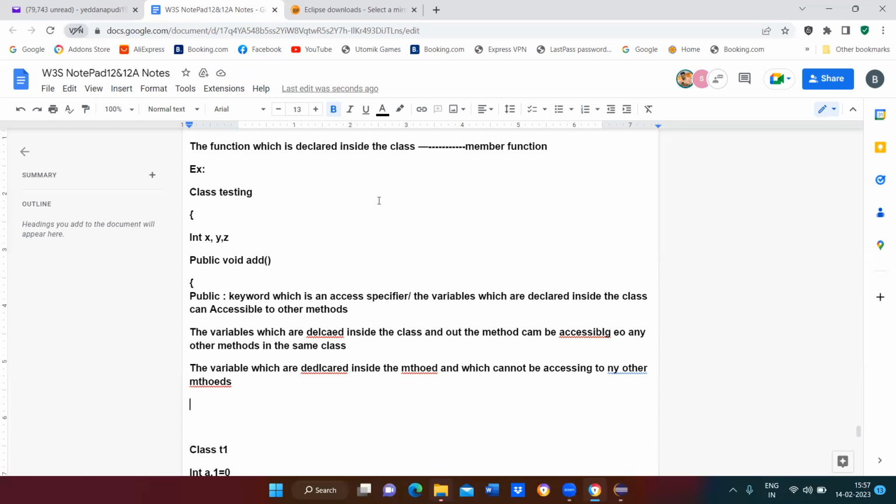Now what is left out in this? Public static void. Static. What is meant by static? Anybody? What is meant by static? Object structure. Any other things? Static is a constant, sir.